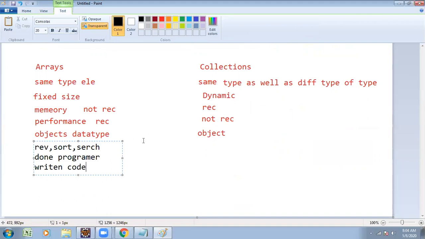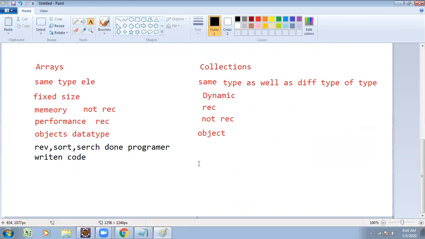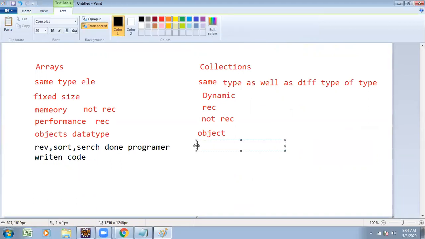The functionalities you wanted to do, you have to write the logic for that code. Writing code is more complex. So here, with the help of built-in methods, that is possible. In Java, while we are working with arrays, everything is written by the programmer. But while we are working with collections, there are n number of built-in methods.